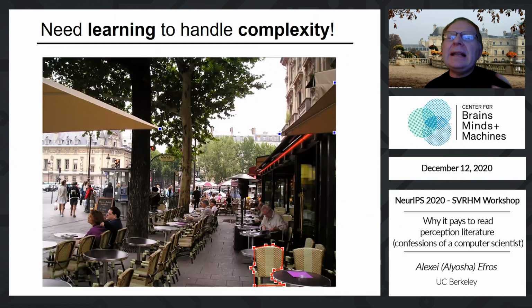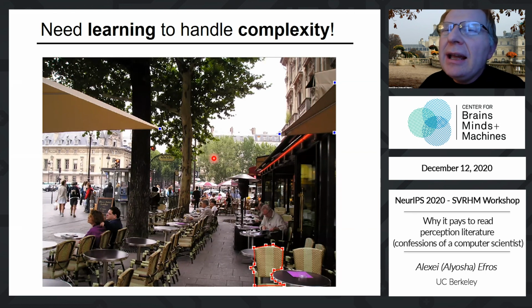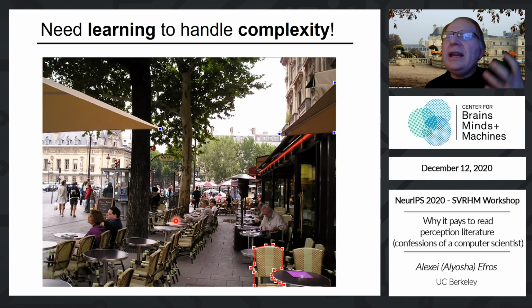And it is really all about learning complexity, because if you look at a natural scene, you cannot do it without dealing with occlusions. You cannot do it without reasoning about 3D. You cannot do it without really trying to understand what it is that makes a scene. And luckily,